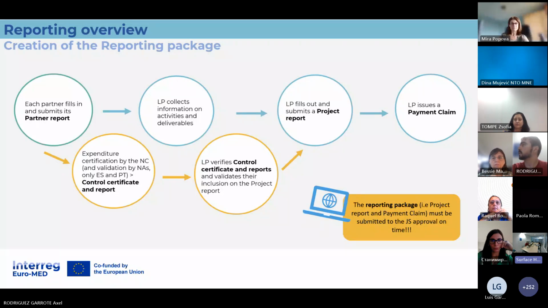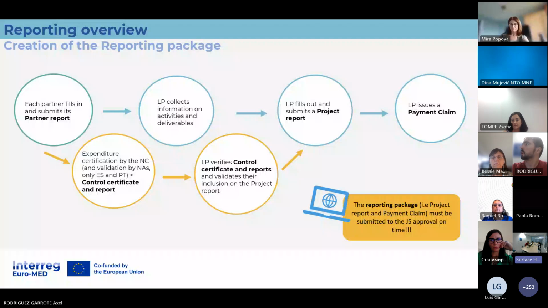As you know, the quantity of sections of the project report will depend on the period. Right now, for all of you, it is the partial reporting, which means that we only ask you for a general overview of the evolution of the project during the period. But the following period will be full reporting, where you will have to provide more details on each of the elements of the work plan.